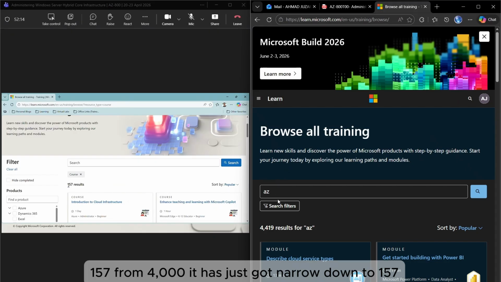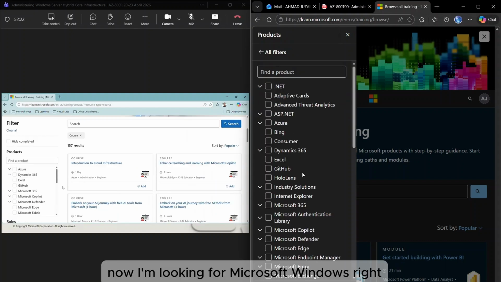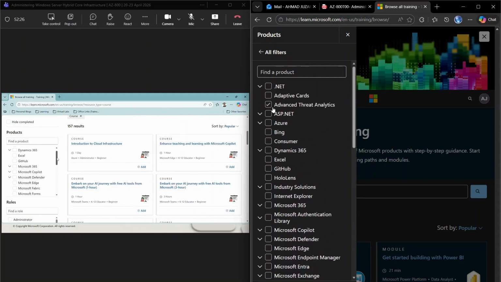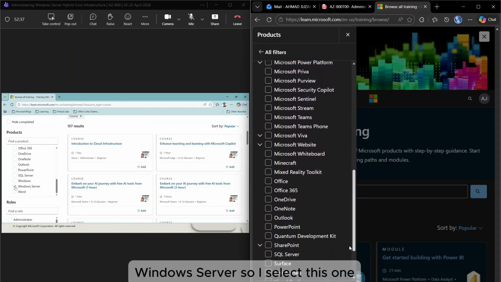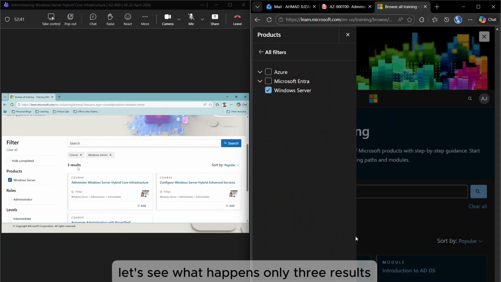From 4,000, it has just been narrowed down to 157. Now I'm looking for Microsoft Windows, right? So I pick up the product. See here, Windows Server. So I select this one. Let's see what happens. Only 3 results,